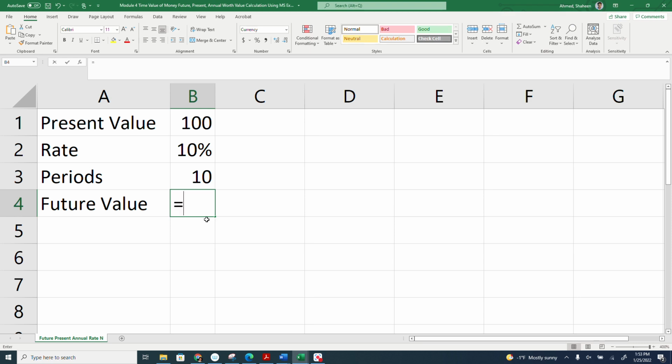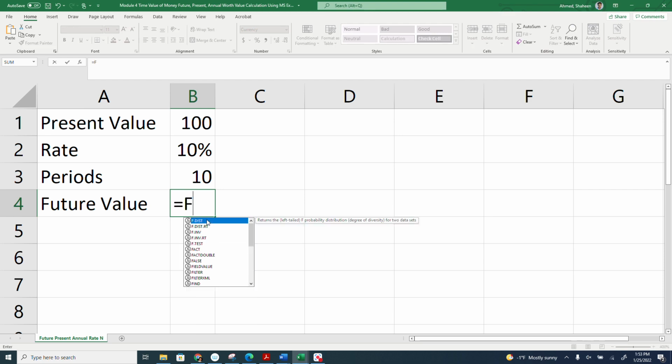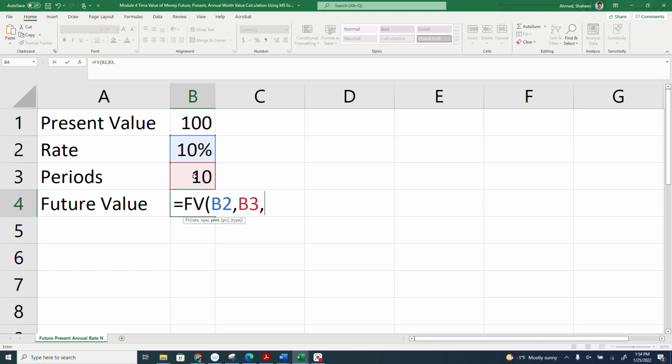So in Excel you can simply type FV to find that, and then it will ask for the rate. You can select that rate, comma, then the number of compounding periods is 10. In this case we're not making any payment. Let's say we're going to pay off everything after 10 years or 10 months or whatever that 10 period means to them. So 0 would be the payment amount, the present value, which is $100 in this case, and typically